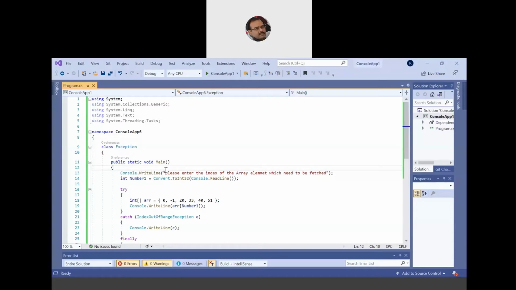He will provide the value, and we already know in C#.NET that when we receive the value, it comes in as a string. So we need to typecast from string to integer, and for that we call the ToInt32 function of the Convert class. Console.ReadLine will receive the input, convert it into an integer, and store it in an integer variable called number1.